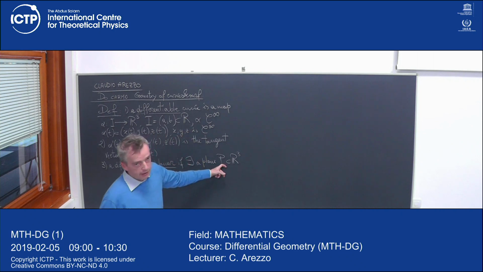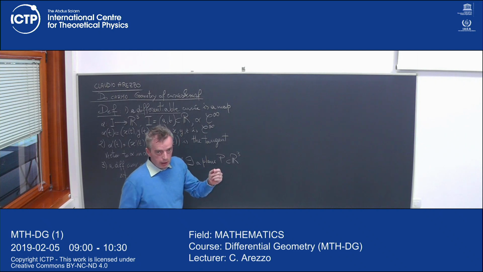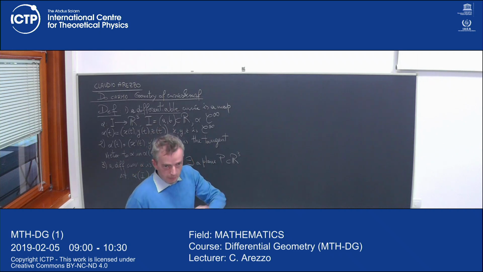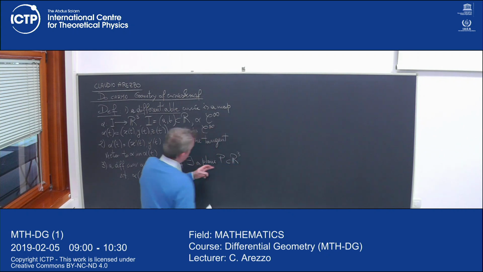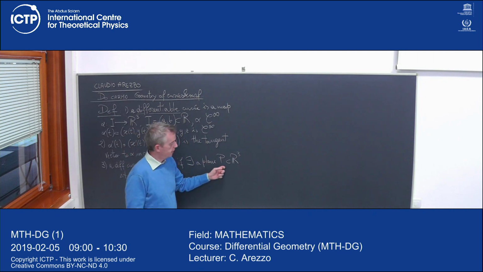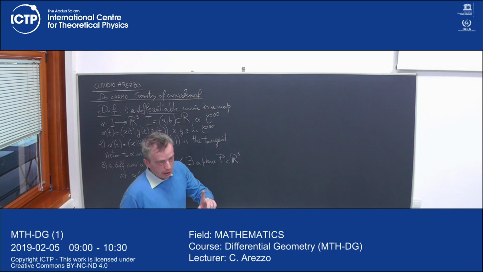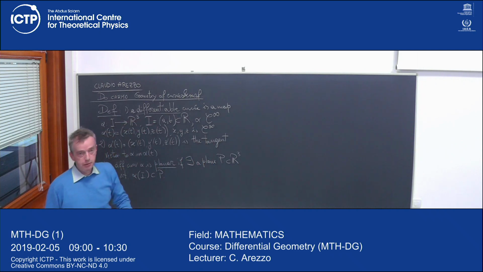So whatever plane this is, P now translated to the origin, I can rotate the XYZ axes in such a way that the normal vector... how do you give me a plane in R3? You give me a point it passes through. Which data do I need to know P? I need to know one point and one vector, the normal vector. Once you give me this, there is only one plane passing through that point with that normal vector. So passing through the point, I kill this freedom by translating to the origin. And the normal vector, I can use rotations of R3. I can suppose that the normal vector is always (0, 0, 1), for example, the one pointing up.